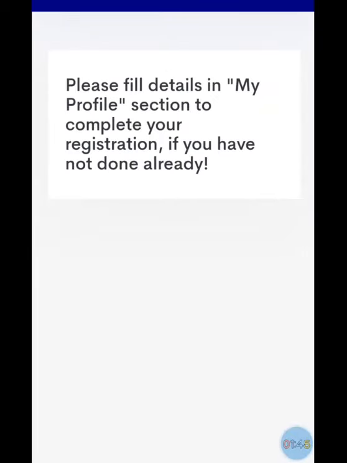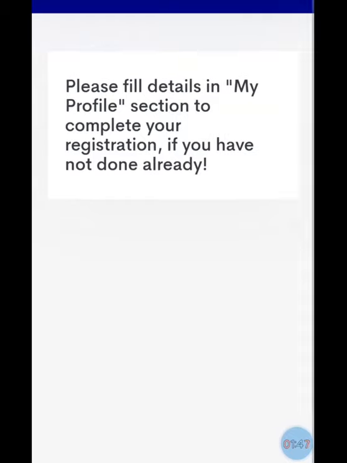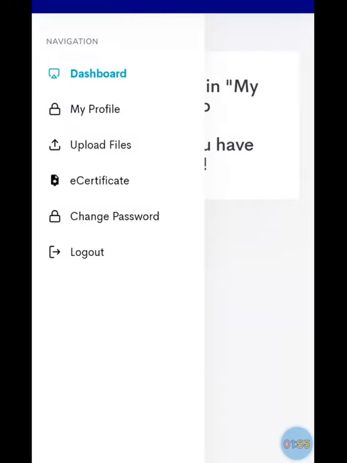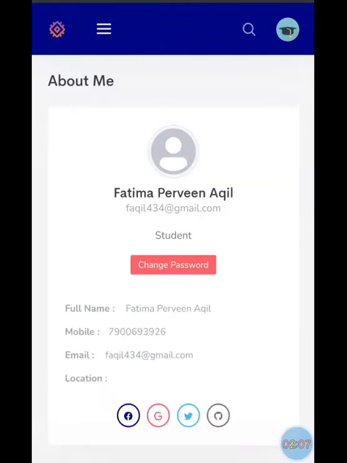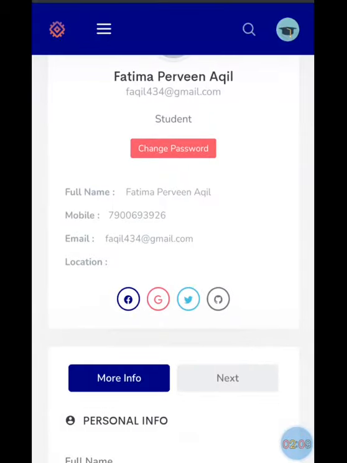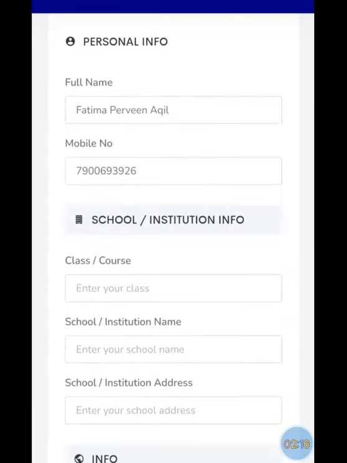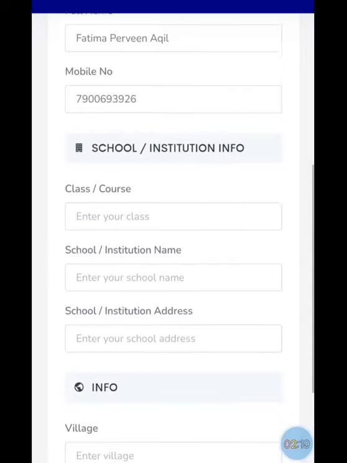ठीक है, आपको कोई पेमेंट नहीं करना है। उसके बाद आपको माई प्रोफाइल खोलना है। माई प्रोफाइल के लिए यहाँ पर लेफ्ट साइड पे ऊपर देखें थ्री बार्स हियर, 3 लाइन्स। जब आप इस पर क्लिक करेंगे देखें डैशबोर्ड, माई प्रोफाइल, अपलोड फाइल्स, ई सर्टिफिकेट। सो क्लिक ऑन द सेकेंड वन, माई प्रोफाइल। जब आप इस पर क्लिक करेंगे, लुक एट इट हियर, आपने जो स्टार्टिंग में इंफॉर्मेशन दी थी, दैट इज़ योर नेम, योर मोबाइल नंबर एंड योर ईमेल, ये तीनों चीज़ें हैं। उससे आगे आपको यहाँ पर और इन्फॉर्मेशन फिल करनी है, ठीक है।